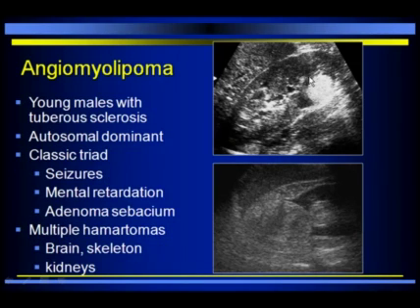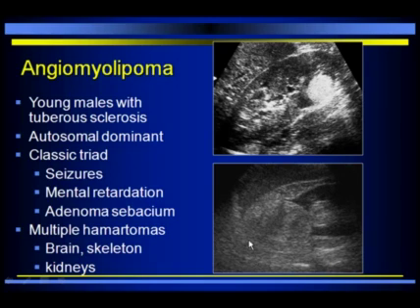Here again, angiomyolipoma. Here's a huge angiomyolipoma, exophytic from this kidney. It's very difficult to make a definitive diagnosis on ultrasound, but there are some things that can be helpful. Here we see the line of the diaphragm, and here's the angiomyolipoma, which is a fatty tumor. Because it's a fatty tumor, actually the speed of sound is changed as it transmits through here, and the diaphragm back here looks like it's posteriorly displaced. So it looks like it's not contiguous with the diaphragm here. That change in sound is the clue that this is a fatty lesion, and there's really nothing else it could